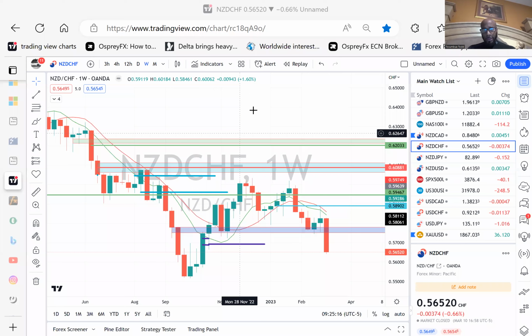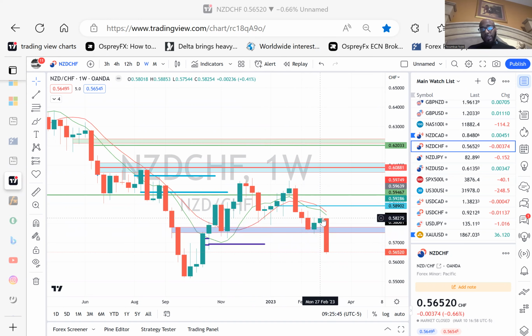So let's go to the charts. Okay. So the concept is very simple. We're looking at the higher time frames like the weekly, right? On this weekly, we have a breakout, right? Price at the end of last week was sitting at the top of this green candle. This week, it broke out to the bottom, okay?